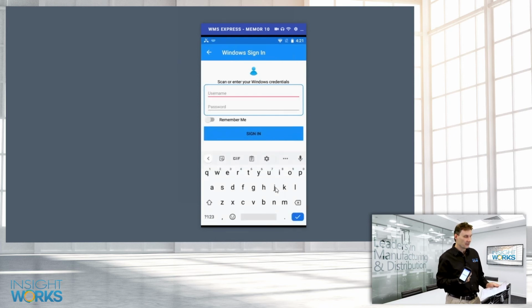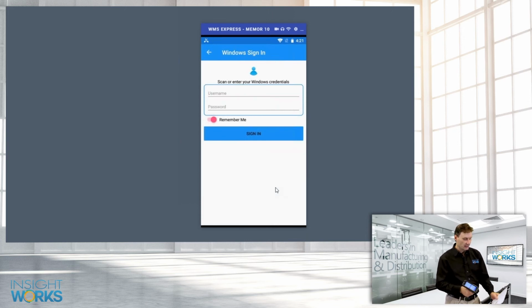It has now configured the system, and it's now asking me to scan the barcode to log in. You can scan it off the report, so that report does have that initial test barcode that you saw on the screen, or you can print a barcode badge that employees can use to log in instead of typing a username and password. So I'm going to flag this to remember me, and then I'm simply going to scan my login badge,